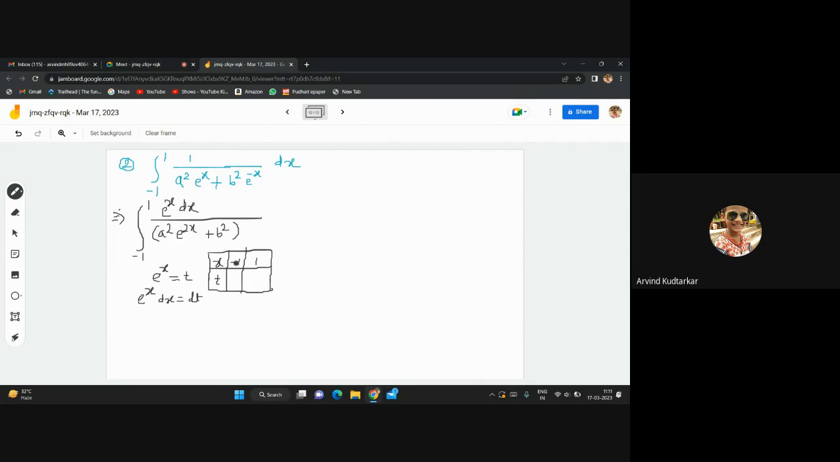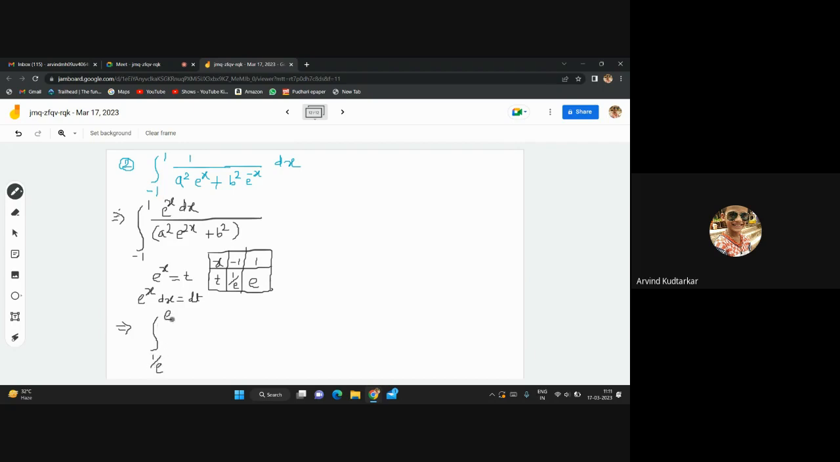So I substitute there x is -1, so e raised to -1 means what? 1 by e. This is lower limit. And substitute x is 1 means what? E. So limits will run from -1 to +1 in old, but in new integral, limits will change from 1 by e to e. असा change. Right? So integration from 1 by e